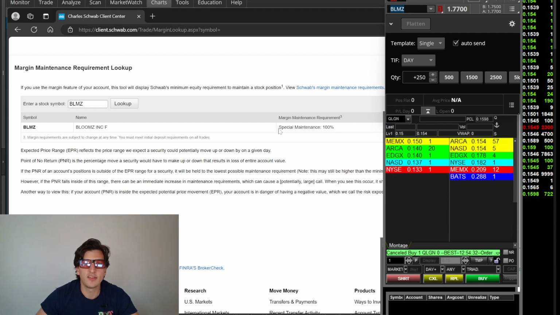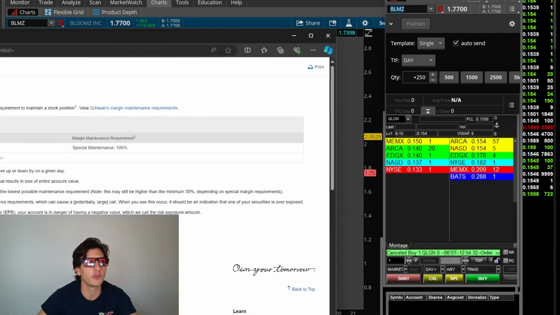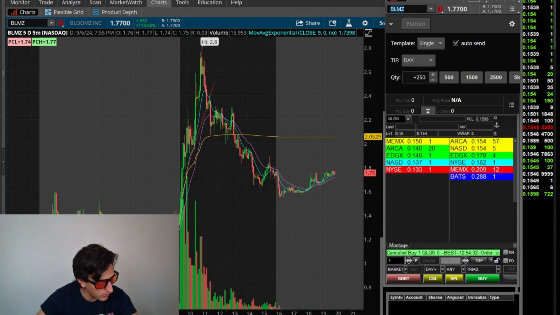So if it does say non-marginable, then unfortunately you'll be treated as a cash account. You can still trade it, but you can only trade up to your cash balance. And unfortunately, Charles Schwab will not decline your order if you go over your cash balance. So you've got to be very, very careful you don't go over that cash balance, because you will get a